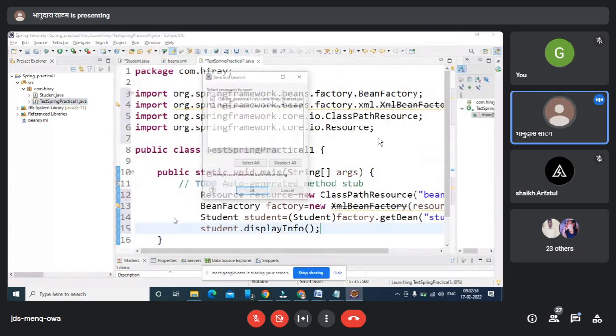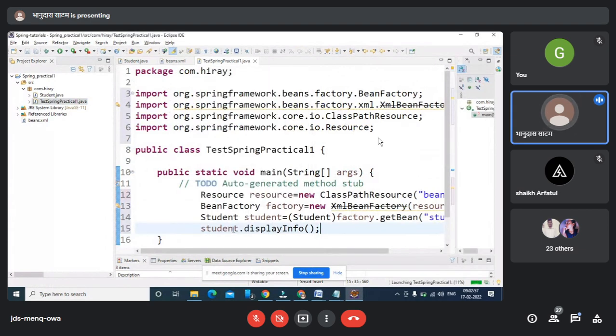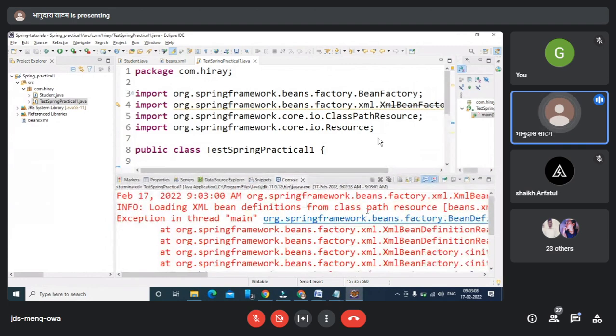It's going to show some error or not, depends. Let me show, because as I told you, errors are good. If we don't get errors, we won't understand what to do. It's saying it's not getting the class XmlBeanFactory because the position of my bean XML is not inside this source. So I'm putting my bean XML here, inside my library.